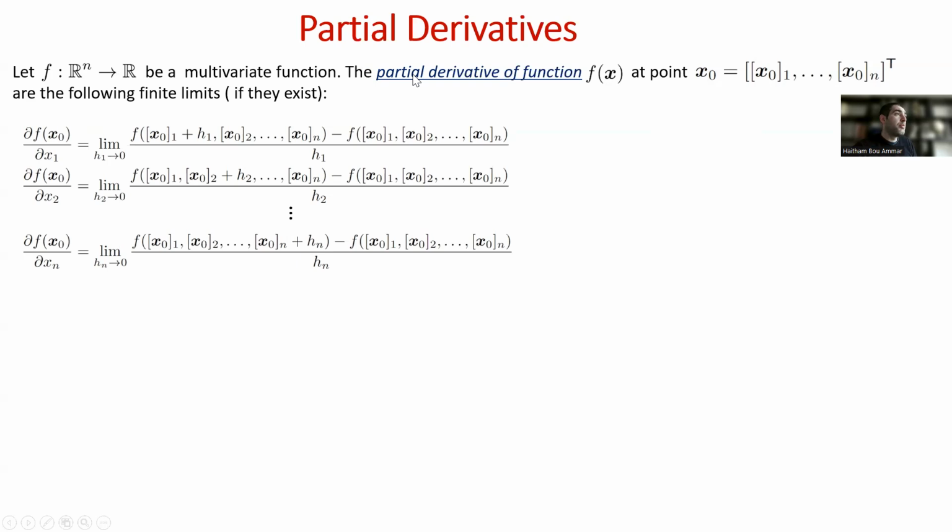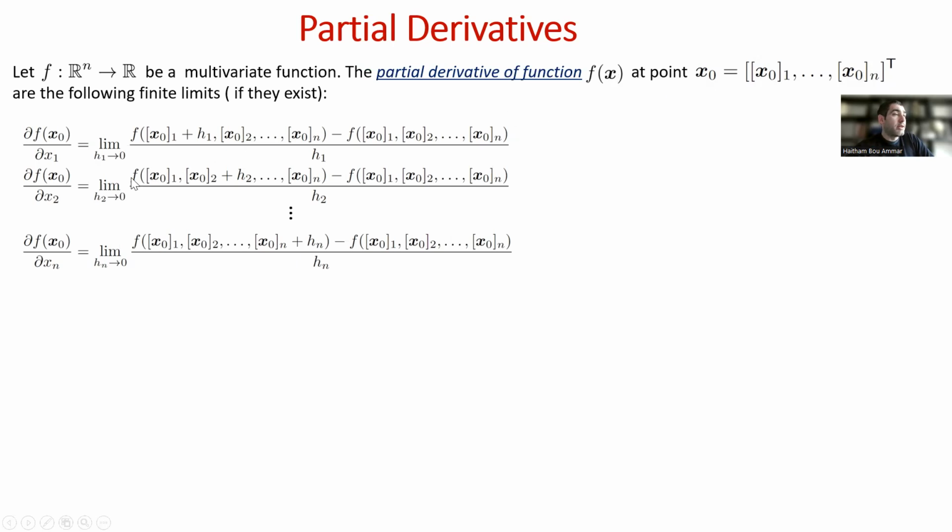And now we want to extend the notion of the derivative, but for the multivariate case. And how can we do it? Well, in order to do that, in math, we introduce the so-called partial derivative. So we consider a point x0, which will be a vector that has components x01, x02, up to x0n. And we want to compute the partial derivative of the multivariate function f of x at that